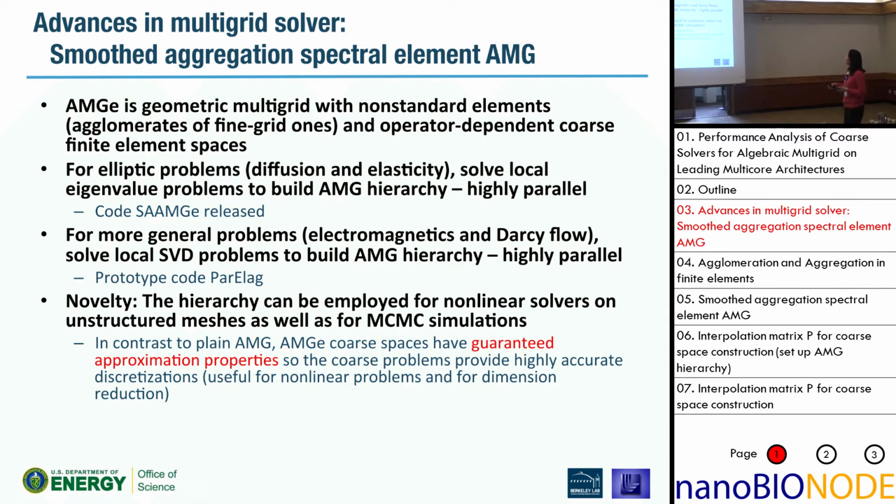So the highlights of this multigrid solver can be summarized here. It's a smoothed aggregation spectral element AMG. You can consider this as a combination of geometric multigrid